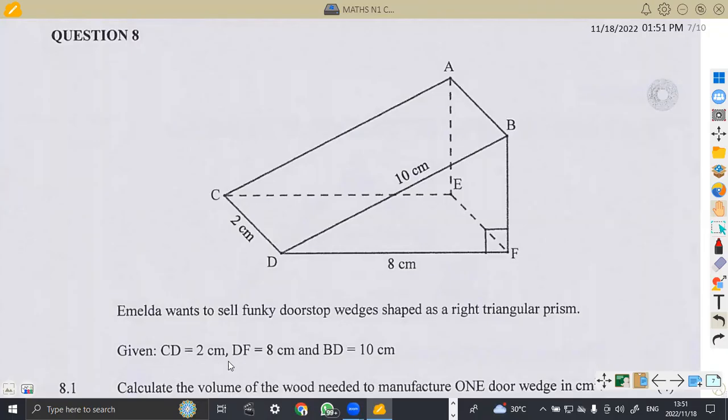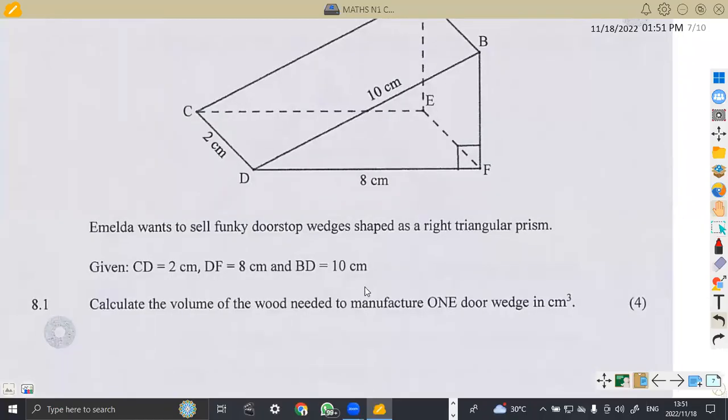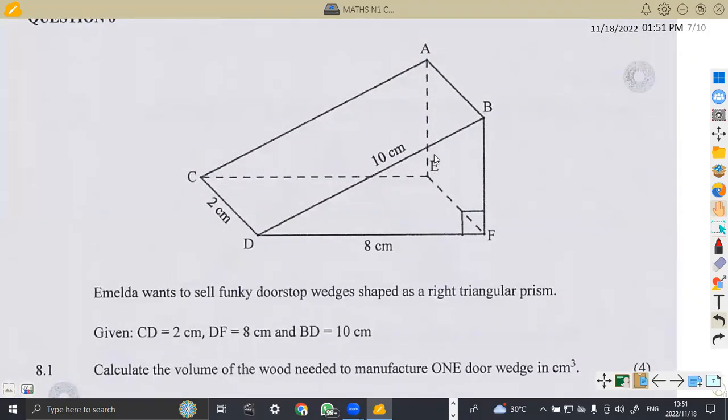Okay, so here we are given the dimensions, the 10, the 8, the 2 meters, and we've got a right angle here. The first question is to calculate the volume of wood needed to manufacture one door wedge in cubic meters. So we need to have the volume. For you to have the volume, it's actually what you see, because here we can see this shape here, I want you to see this triangle that we see here,